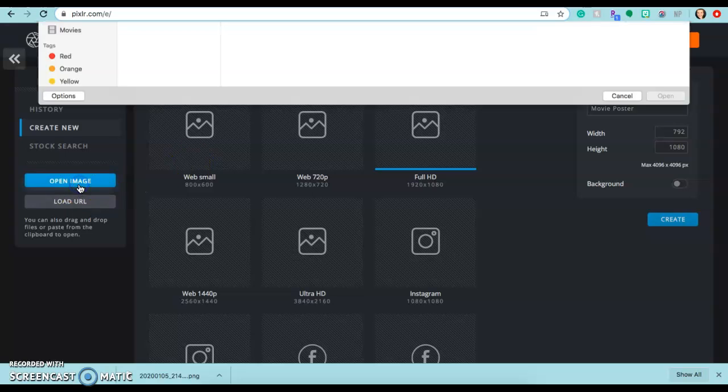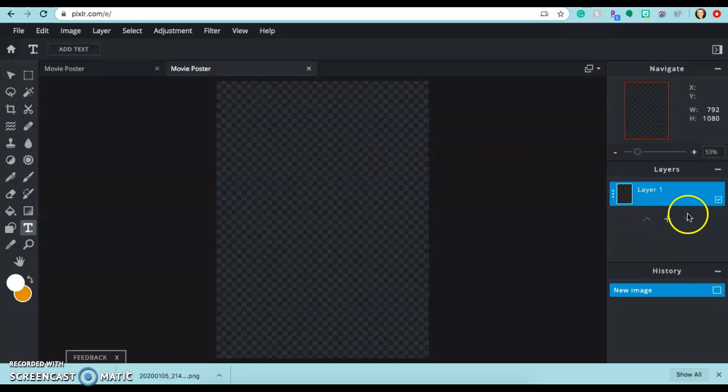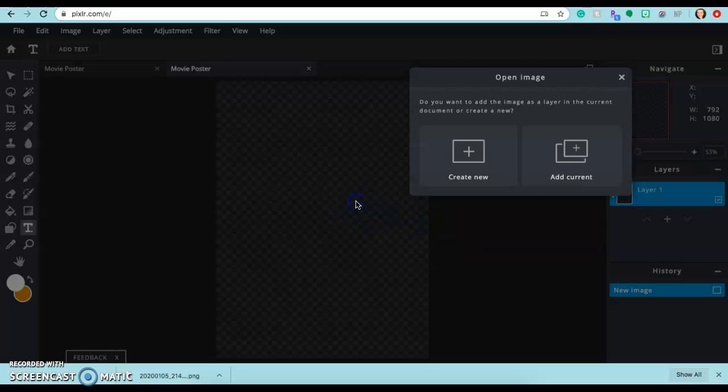So now we're going to open our image, or not. We're going to create new and push create. Now we're here. Okay, so what I like to do, or what I did do, is just make sure I had a movie poster kind of outline in mind. So I used this one,